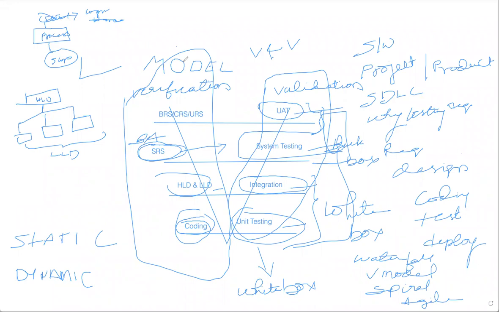That we will cover in the next classes. The waterfall and spiral models are used in large projects, like space agencies such as ISRO. They use the spiral model, which we will talk about later. The V model and the agile model are both used. The V model is mainly used by service-based companies, and agile methodologies by product-based companies, but nowadays maximum companies are using the agile model only.